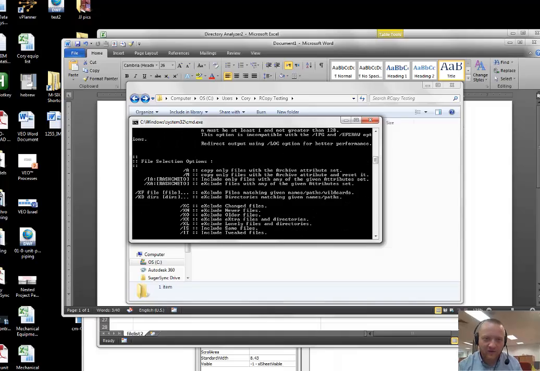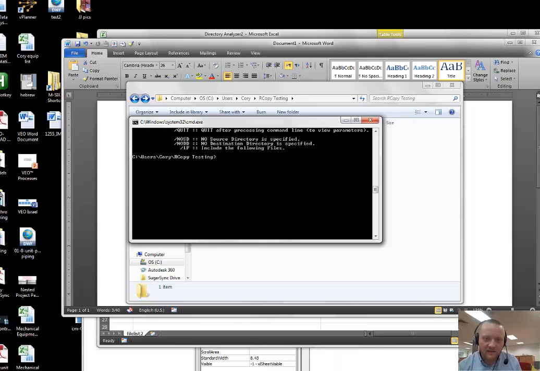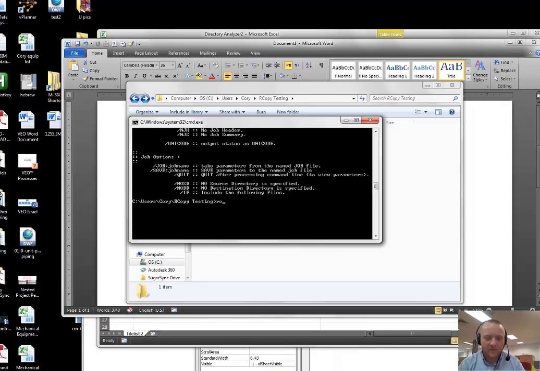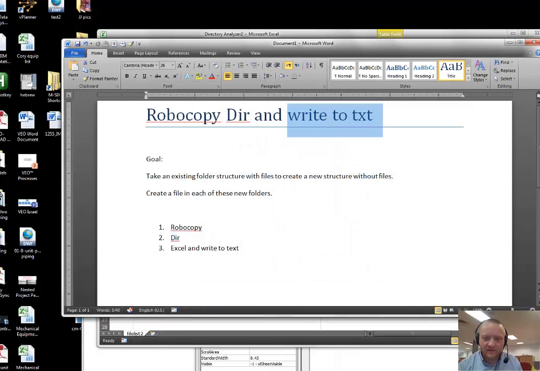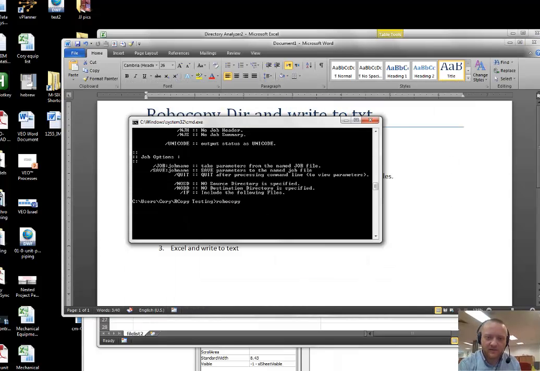I've looked through here, and you can look up the help file on robocopy. It actually stands for robust copy, not robotic copy. So what I'm going to do is robocopy, navigate to this directory, and that's going to be my rcopy orig. Go back to my command window, put a quote, right click paste, you can't do control V, make another one, right click paste,